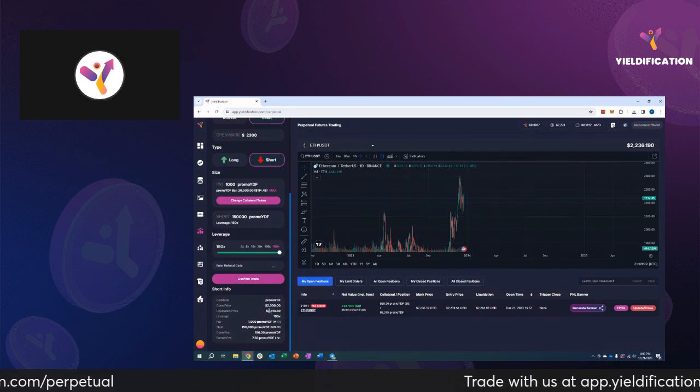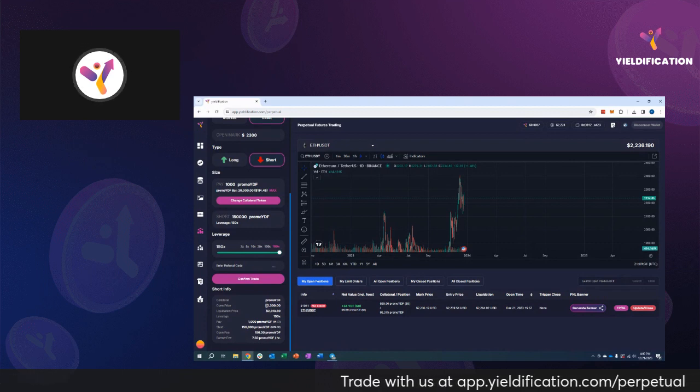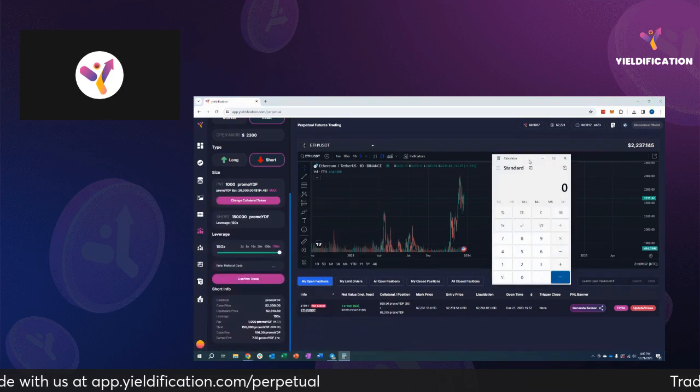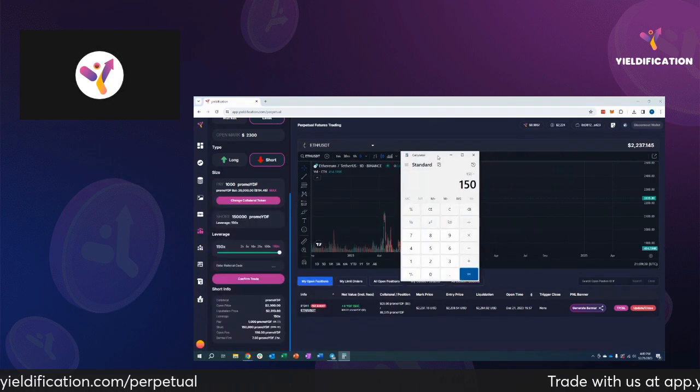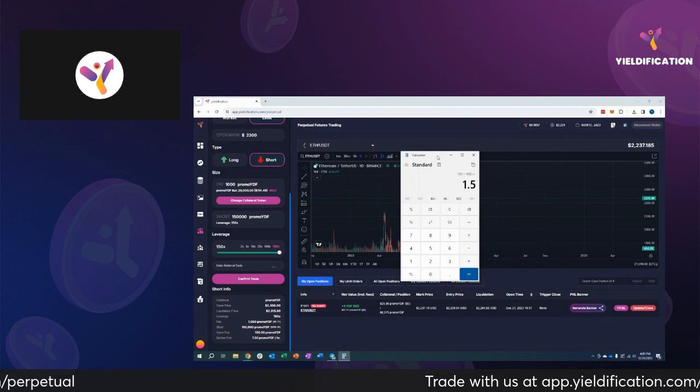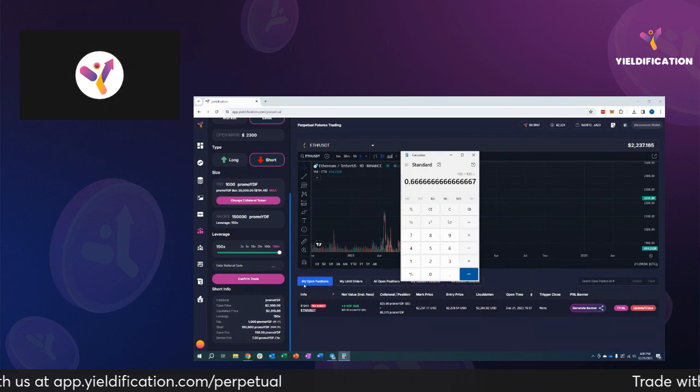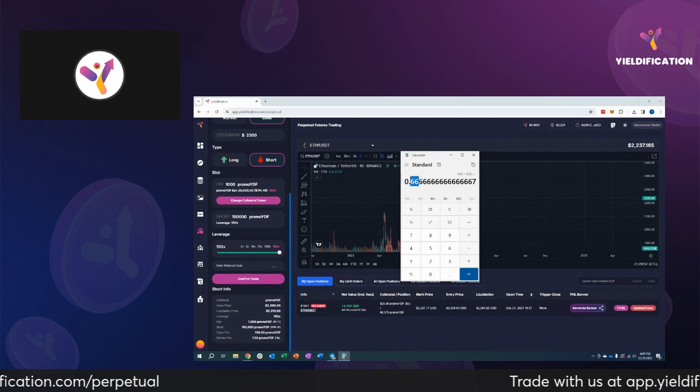But suffice to say, for general back of the napkin math, the way that leverage works is pretty straightforward. So you could say 100 divided by 150 is 0.66. What this means is that the price from your mark, from your open price, needs to move 0.66% in order